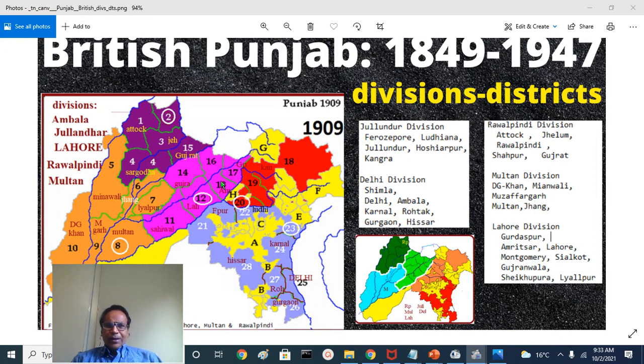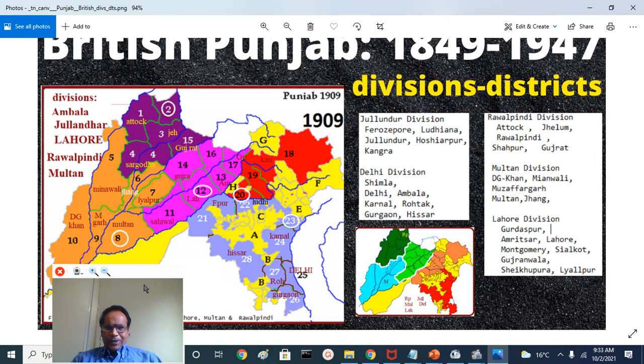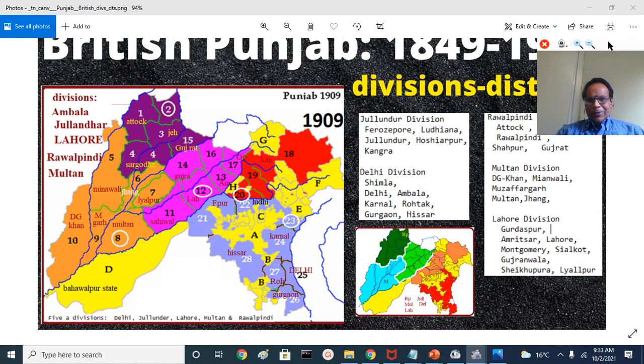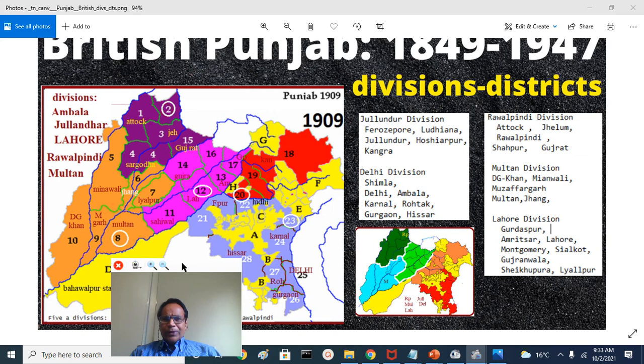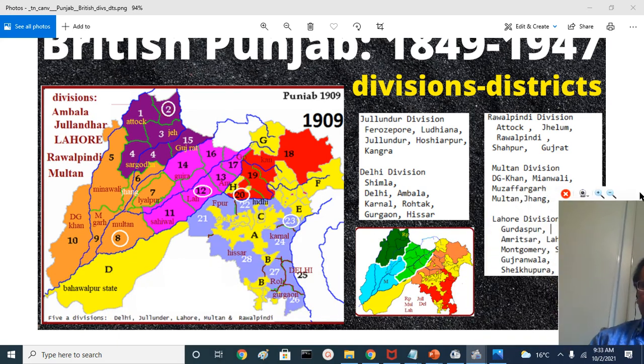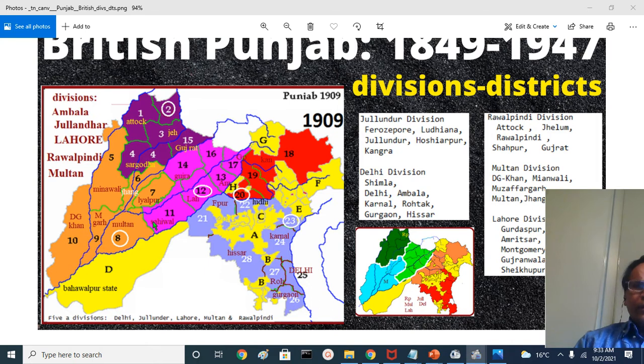It is across the river Ravi. This is the Ravi river, this is Sutlej river. South of Sutlej river, we'll see the princely state of Bahawalpur. And we'll talk more about these rivers and their ins and outs in future presentations. Here I am giving a broader introduction to it.